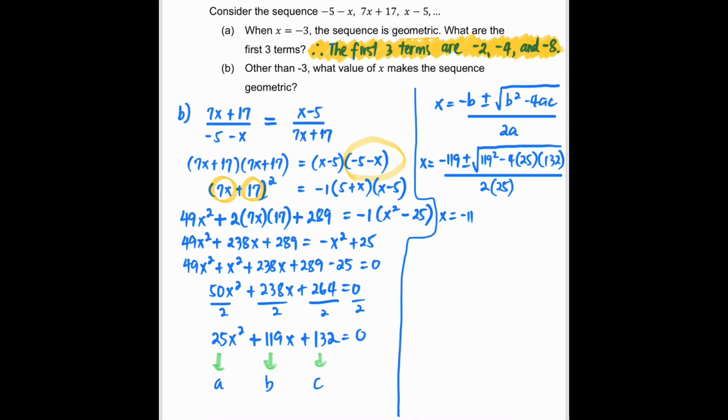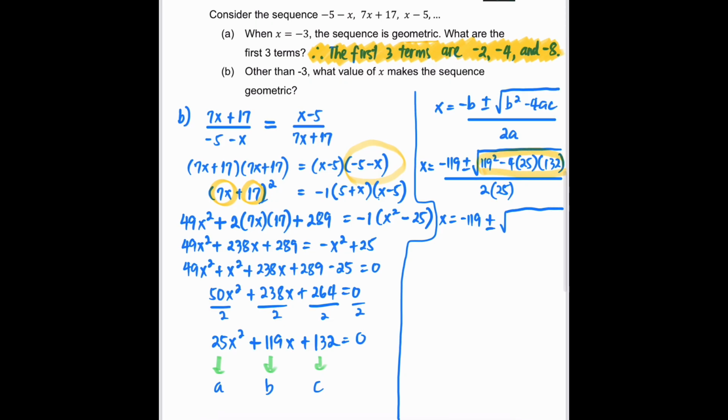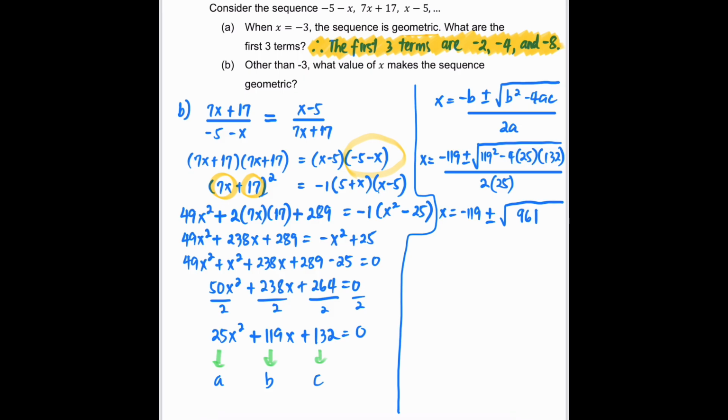So -119 plus minus square root of this whole thing right here, 961, divided by 50. For the first value, we'll have x equals -119 plus square root of 961 divided by 50, which is